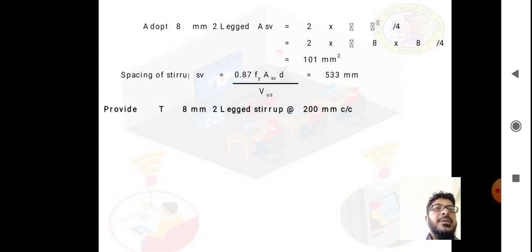So that is quite large. So we will reduce that. So we will provide 8 mm diameter two-legged stirrup at 200 mm center to center. You can provide 250 also, or you can provide 150 also. So this is what about shear reinforcement. Next we will check the section